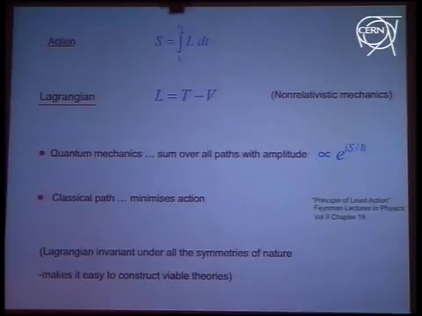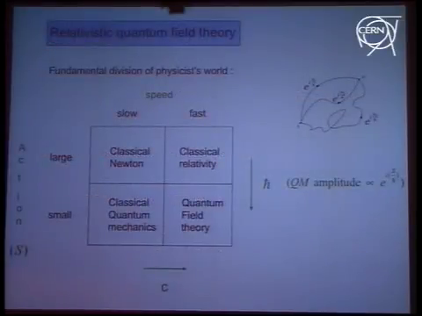Now, why do we like to formulate quantum mechanics in terms of an action? Well, the action, as we see, is written in terms of a Lagrangian, and the beauty of this is that the Lagrangian is invariant under all the symmetries of nature, which means that if you have an idea for a symmetry, it's very simple to implement the implications of that symmetry by constraining the form of your Lagrangian to be invariant under those symmetries. And we'll use that fact as we go along. So at the moment, these are just general ideas that I'm throwing at you, and we'll come back and use them. And now, to explain this diagram,